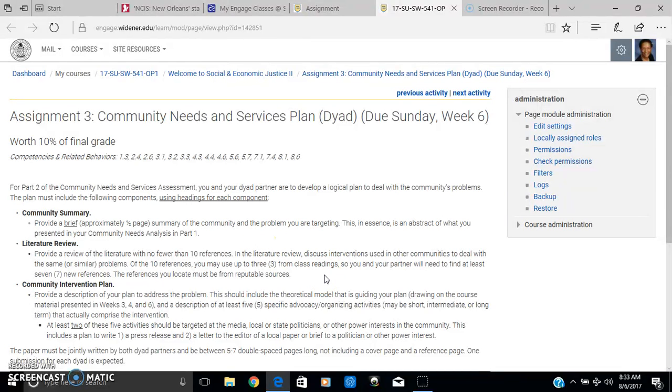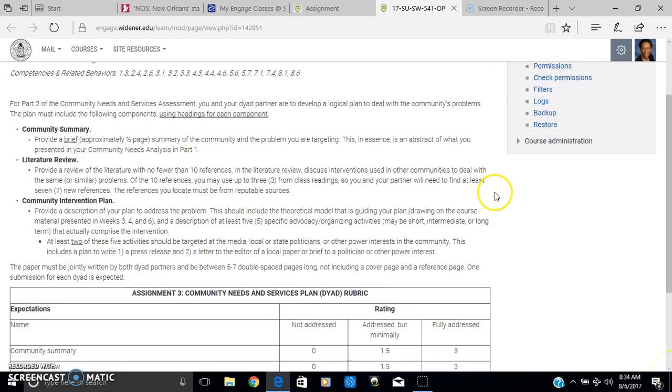Provide a literature review with no fewer than 10 references to discuss interventions used in other communities to deal with the same problem. Of those 10, you may use up to 3 from the class readings, but you would want to find 7 others that will provide some enlightenment on how other communities have dealt with the problem you have chosen. Your community intervention plan, this should include the theoretical model that's guiding your plan